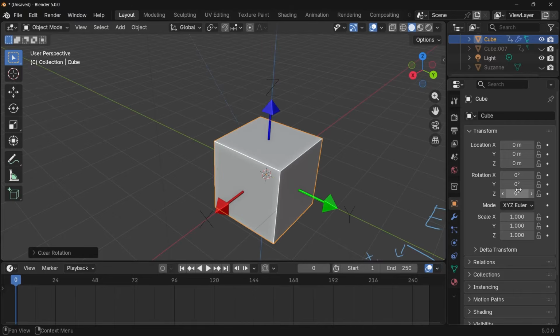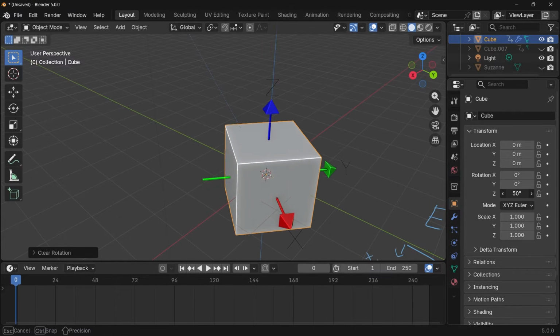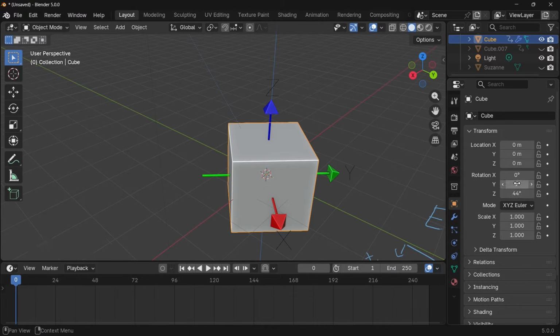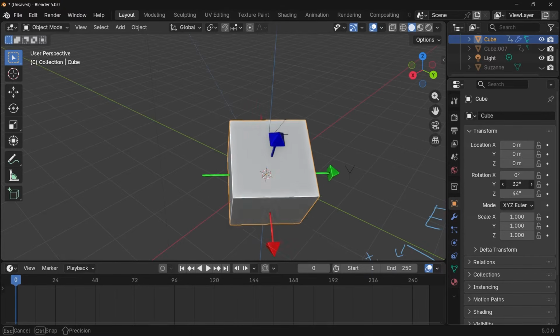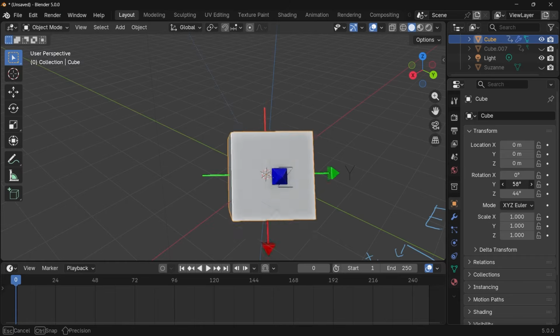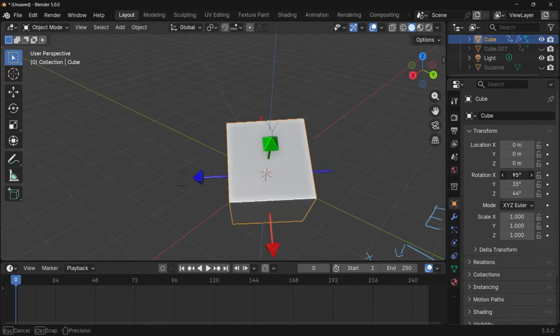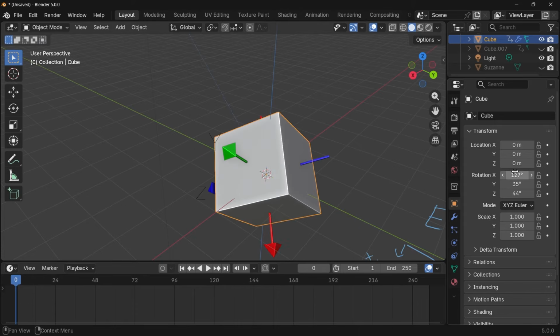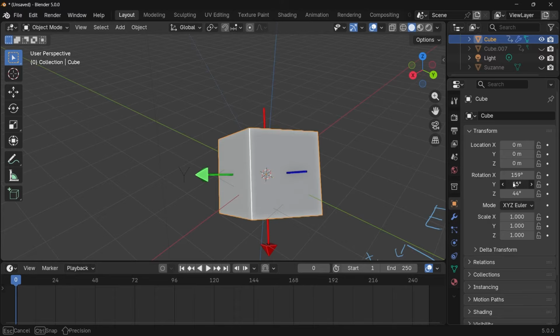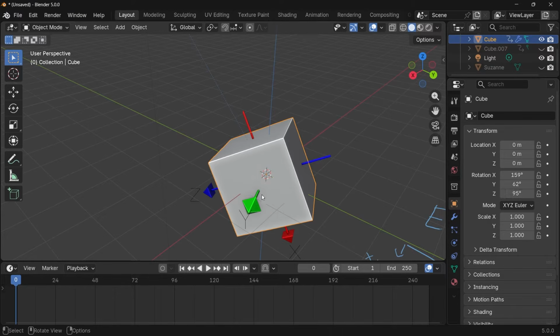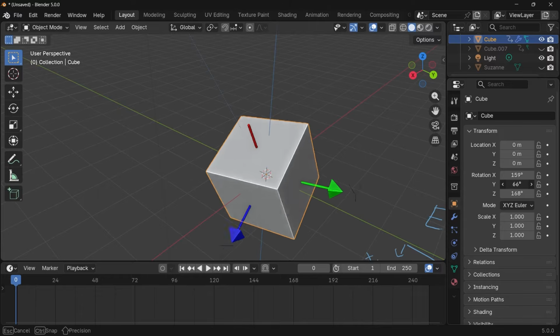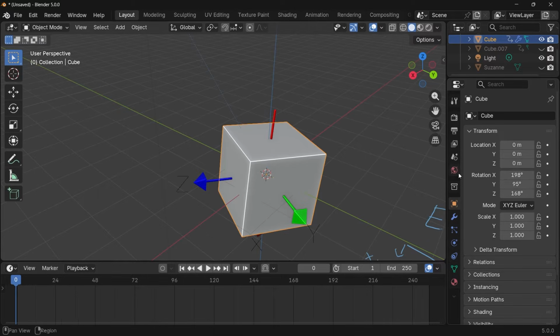So as you can see, if I rotate about the Z, it's moving along the local Z axis, which is currently the global Z axis itself. But then rotating about the Y is rotating it about the local Y now. And then rotating about the X is going to rotate it about the local X axis. So that's something that's also really cool. If you were to rotate X, Y, and then Z, it's going to rotate about the global axes. But if you rotate it in the exact opposite order, Z, Y, and X, it's then going to be rotating